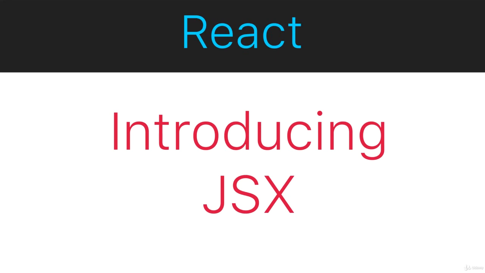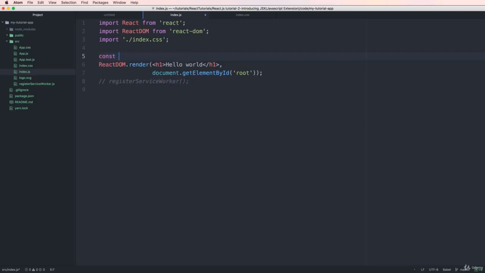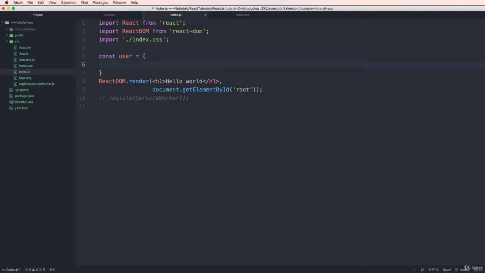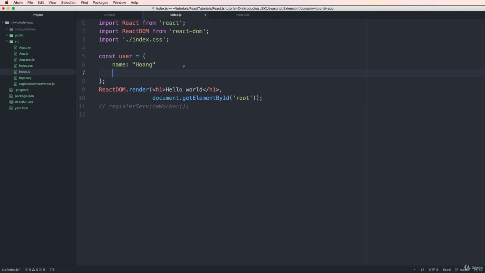JSX is very special in React. It is not a string and not HTML. Now we start with the previous project. We create a new user object. The user object has some properties inside. For example, here I add the name. The name is a string. I add my name here, Huang, and the second property is email. Email is also a string, and I add